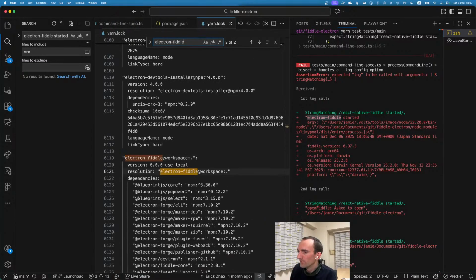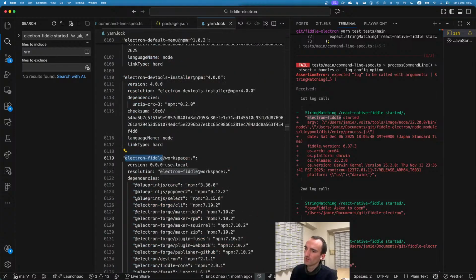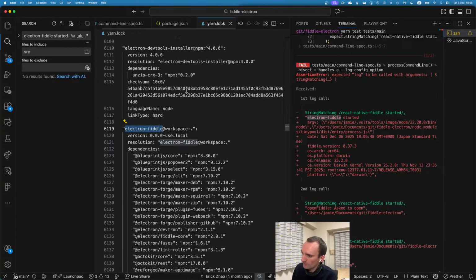That's not great because the lock is based on probably that. So I don't think I can just trivially rename Electron Fiddle without having to deal with potential merge conflicts every time upstream reinstalls something. It might not actually merge conflict, but